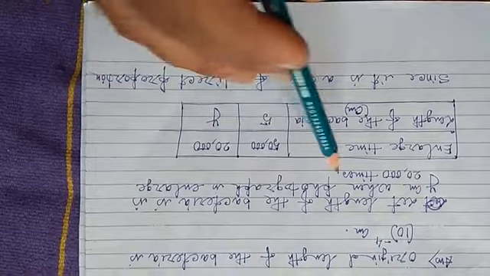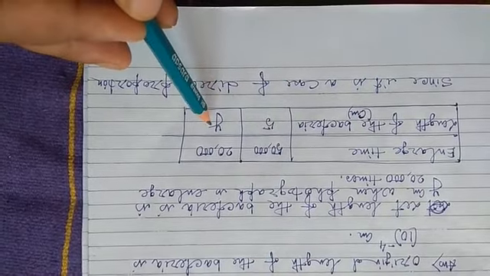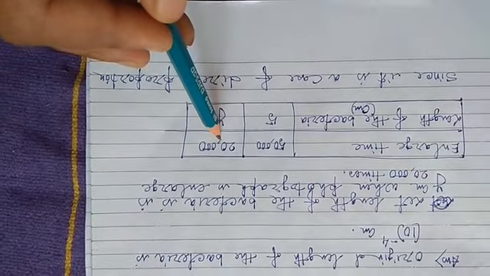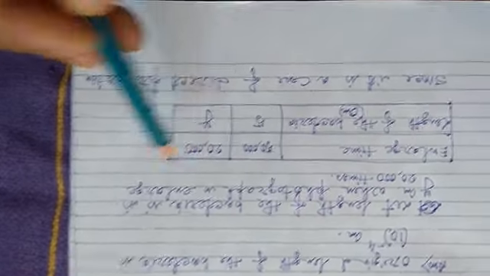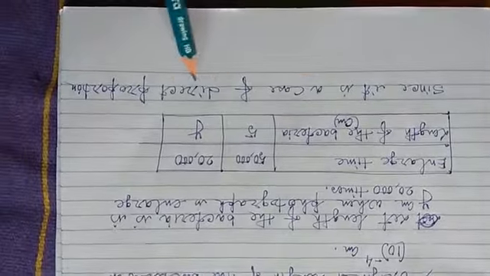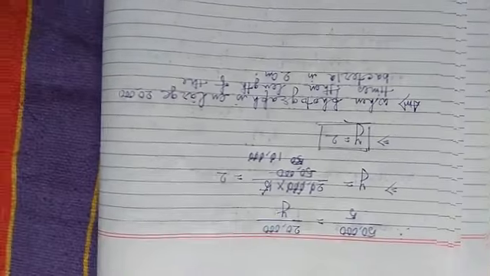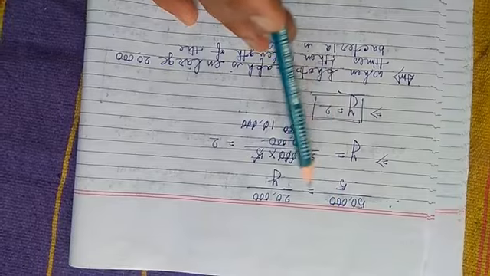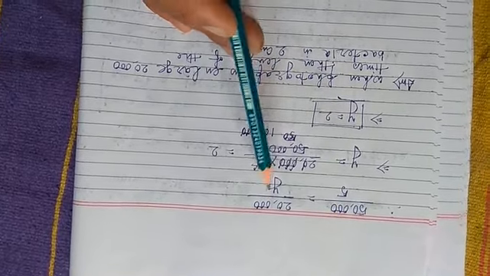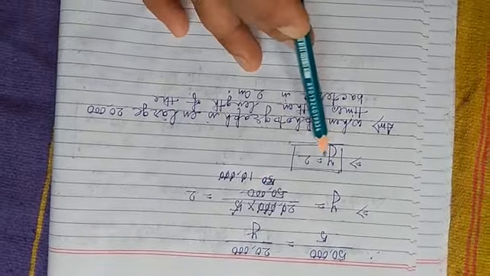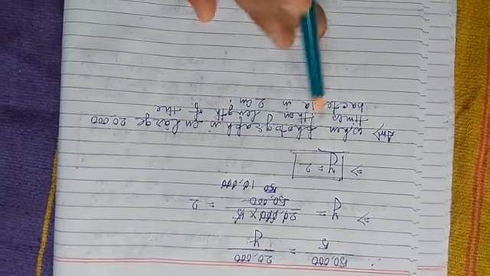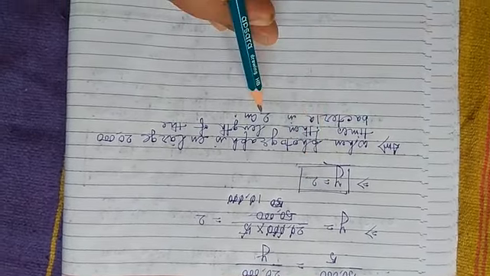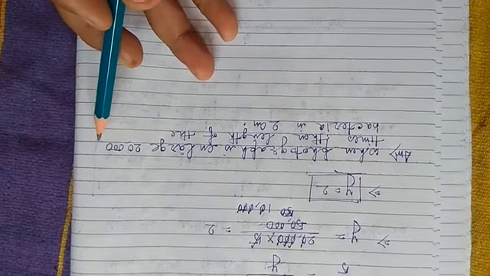And already we consider length of the bacteria is y centimeter if the photograph is enlarged 20,000 times. So since it is a case of direct proportion, therefore 50,000 by 5 equal to 20,000 by y. So after the simplification, y equal to 2. So length of the bacteria is 2 centimeter if the photograph is enlarged 20,000 times.